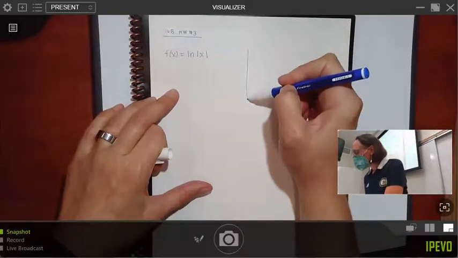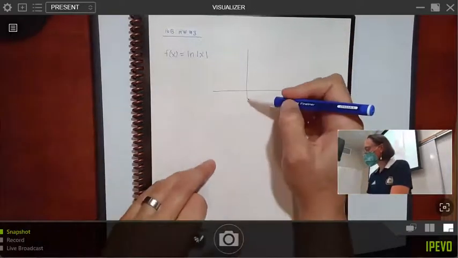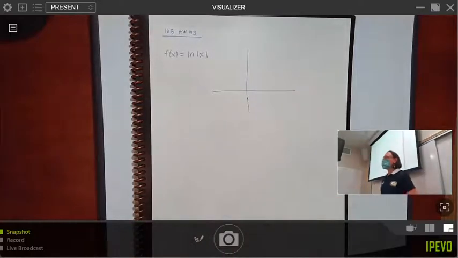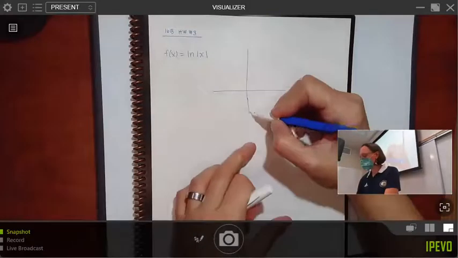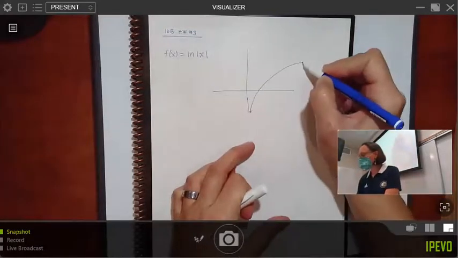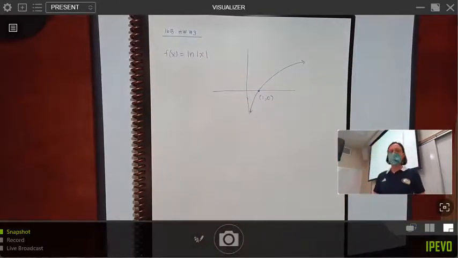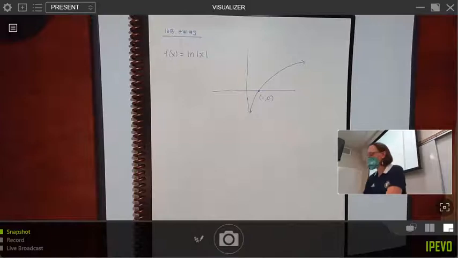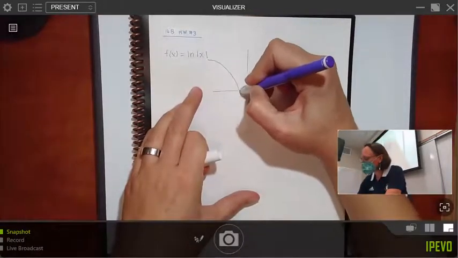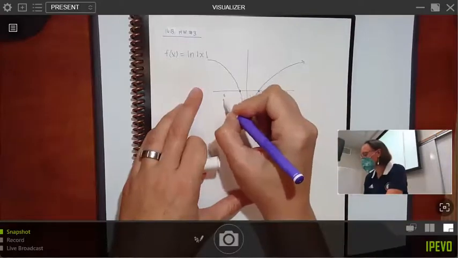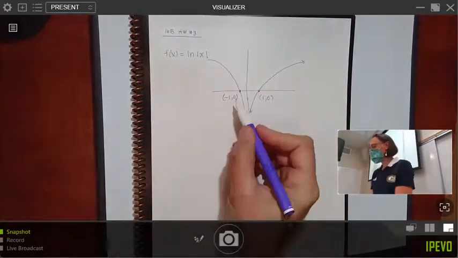just thinking about what happens with regular points, well, as long as I'm putting in positive values of x, this is just going to be our regular natural log graph. So it's just going to look like this, going through (1, 0). But now for every single corresponding negative x value, the graph is going to look the same. So this is going to repeat itself over here, because now when I put in -1 for x, this